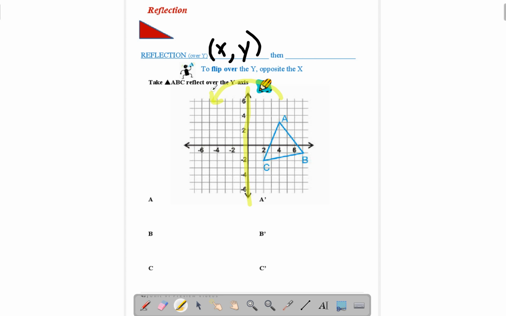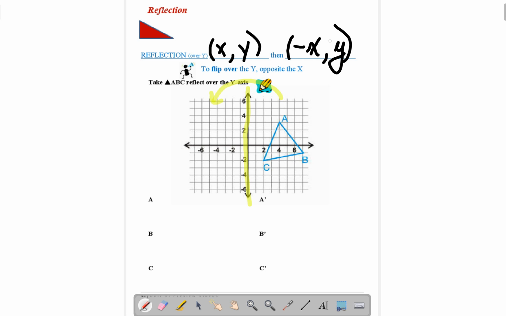What changes is your x coordinate. So if I have positive x, positive y, to flip over the y-axis, I opposite only the x coordinate. That's a reflection over the